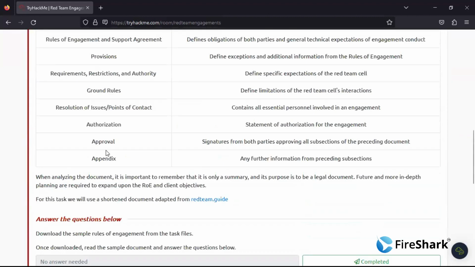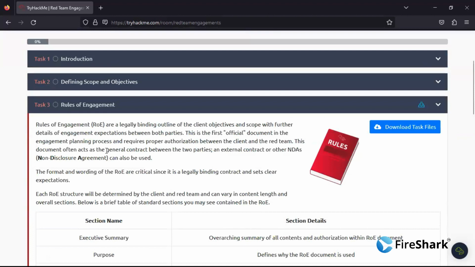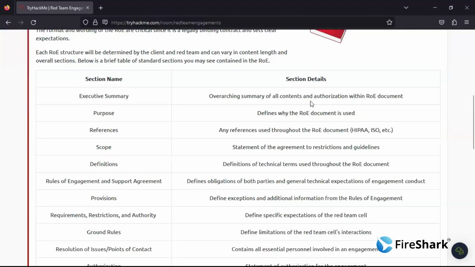the rules of engagement, ROE, are a legally binding outline of the client objectives and scope, with further details of engagement expectations between both parties. This is the first official document in the engagement planning process, and this requires proper authorization between the client and the red team. This document often acts as a general contract between the two parties and/or other NDAs, non-disclosure agreements. So the format and writing of the ROE are critical. Okay, so these are the section names. Some details are given here,